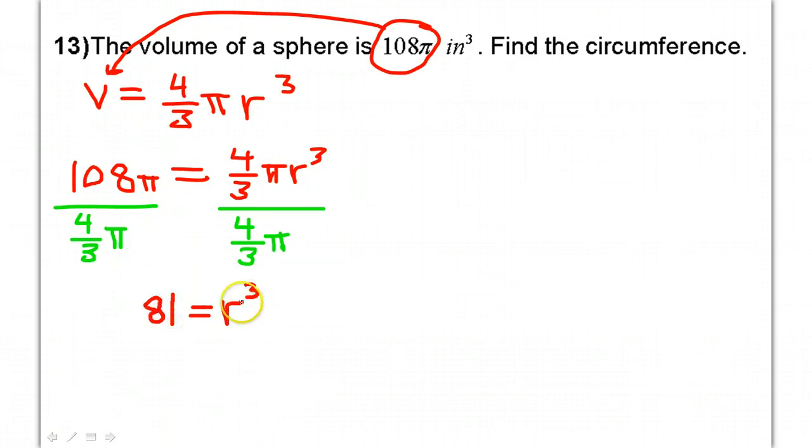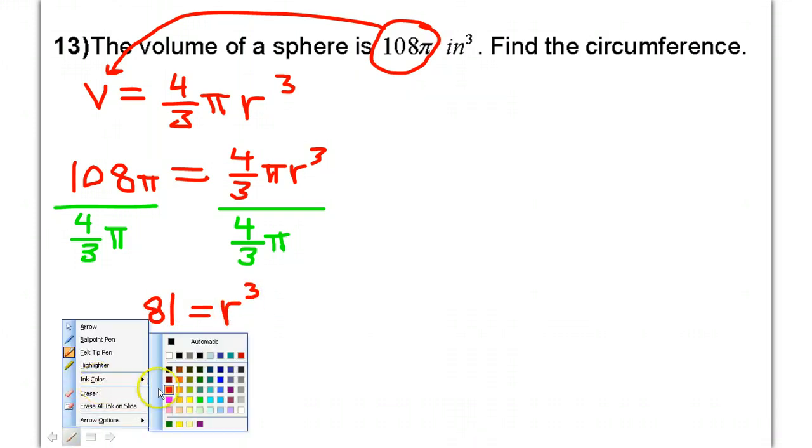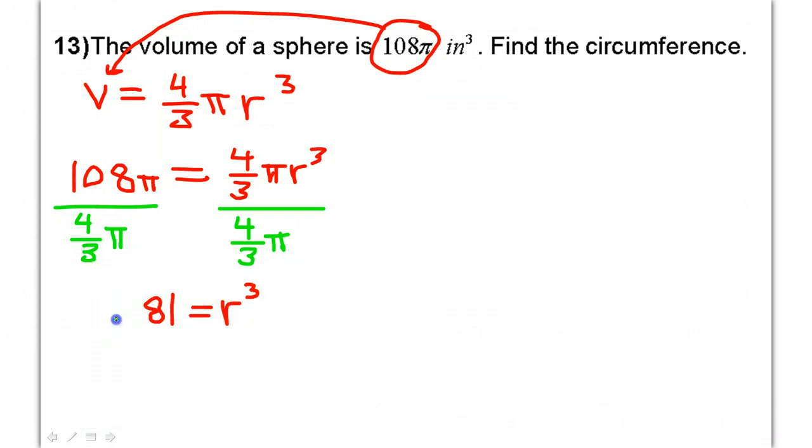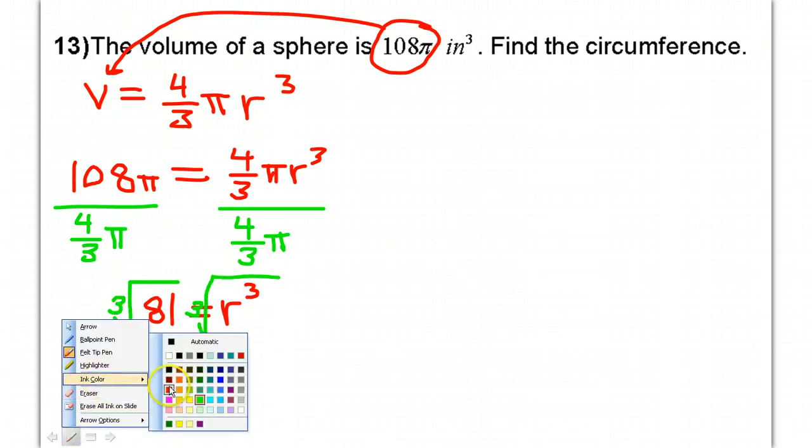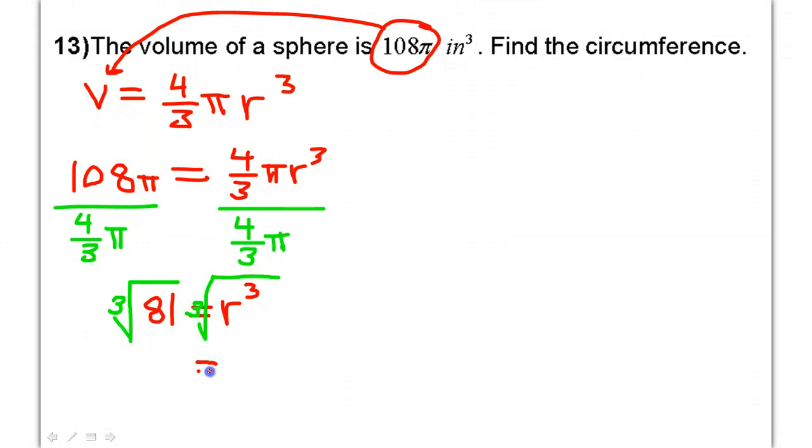Now, if I want to get r by itself, I need to take the cube root of both sides. Alright? If I want to unsquare things, I do the square root. If I want to uncube things, I do the cube root. Don't forget to put the little 3 right here. Okay, so taking the cube root of r to the third power has the effect of getting r by itself. Now, the cube root of 81,